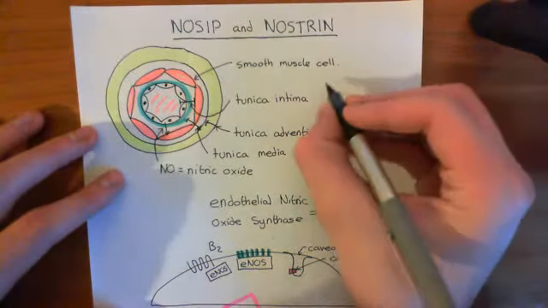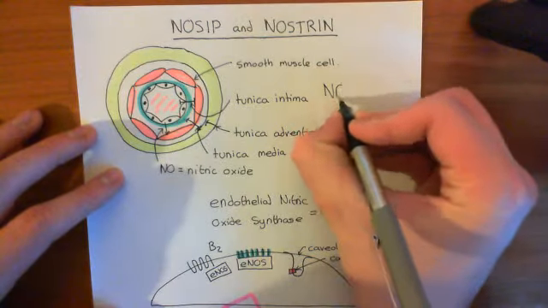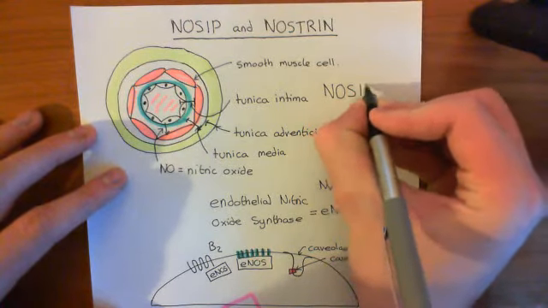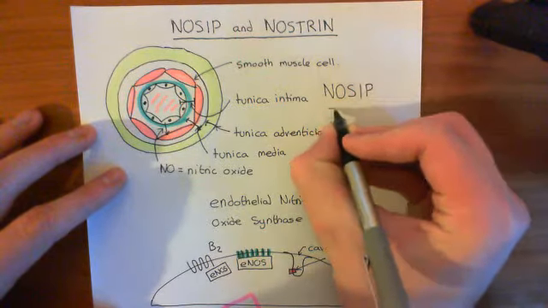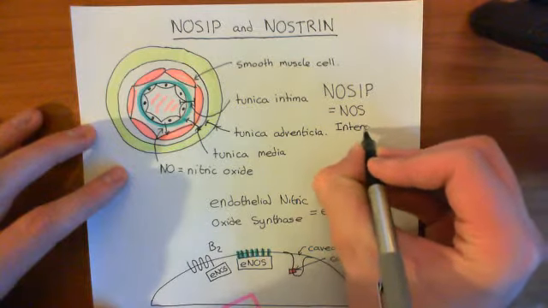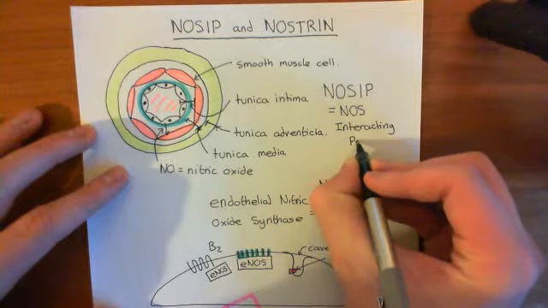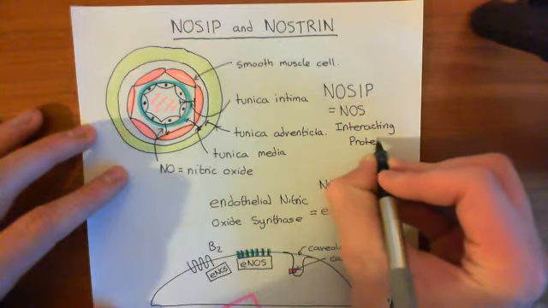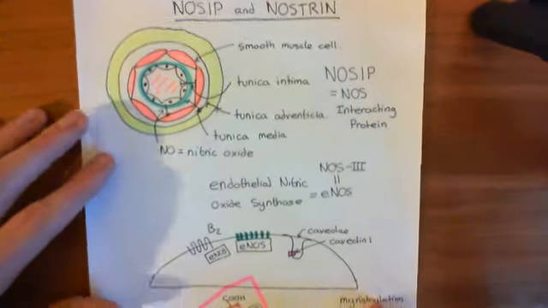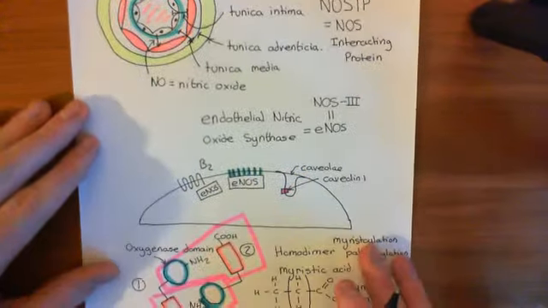Well, NOSIP stands for NOS, nitric oxide synthase, and then interacting protein. So this stands for the NOS interacting protein. Now, when the cell produces NOSIP, what it goes and does